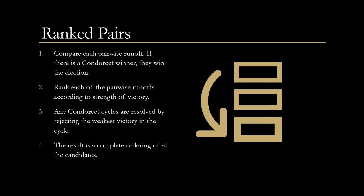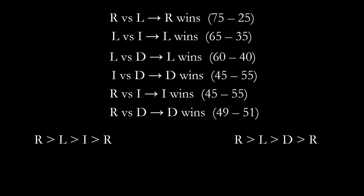For example, in the election we had before, if we rank the runoffs according to margin of victory, we see that the weakest victories in the two cycles are I over R and D over R, respectively. We reject those victories because they have the weakest claim and find a complete ordering of the candidates remains. R is preferred to L, which is preferred to D, which is preferred to I, and hence ranked pairs selects